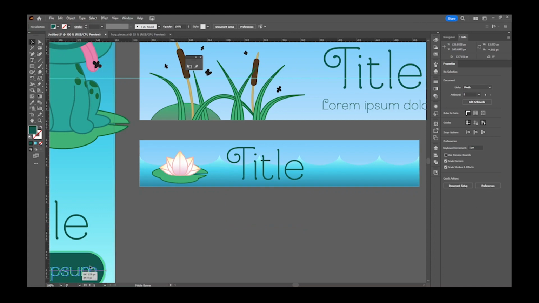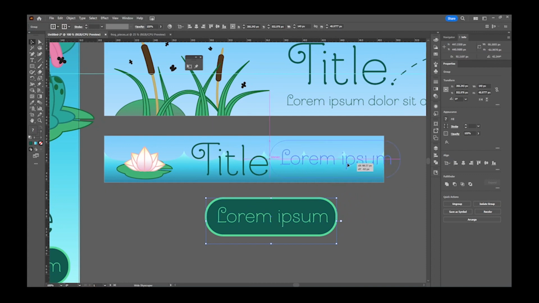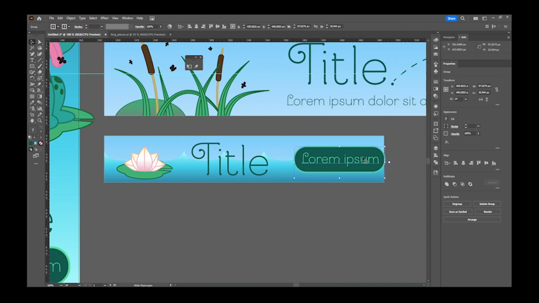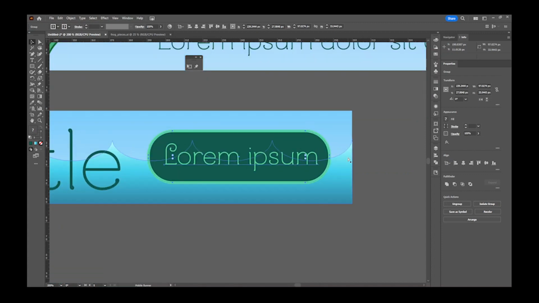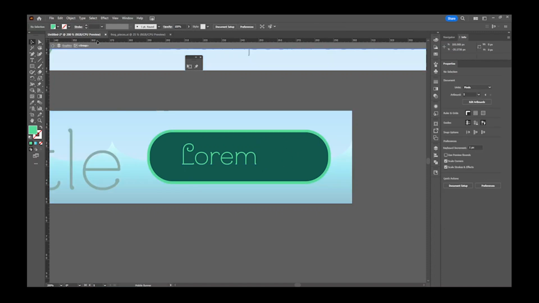Then I'm going to grab the button I made over here. I'm duplicating that by holding Alt. Just going to move it into place over here. There, and something I'm going to change on this one is I'm going to change up the text on it. So it just says Lorem. I'm going to scoot this a little bit over. I'm not going to put it all the way over into the middle, because what I'm going to do is